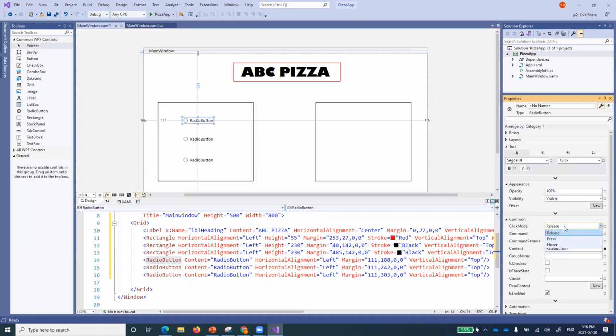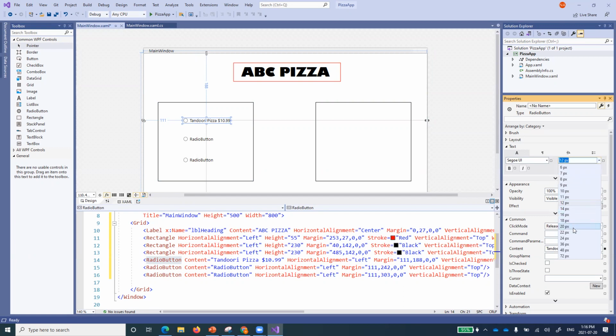So I'm going upside down. Why? Because I want to just change its contents, radio button. What I want to do, for example, I say, whatever. I don't exactly know that much about pizzas. So tandoori pizza, right? Whatever. And let's give it a value. So what I've done, you can name anything to this one. So I've just named it tandoori pizza or whatever. So we are just defining something.